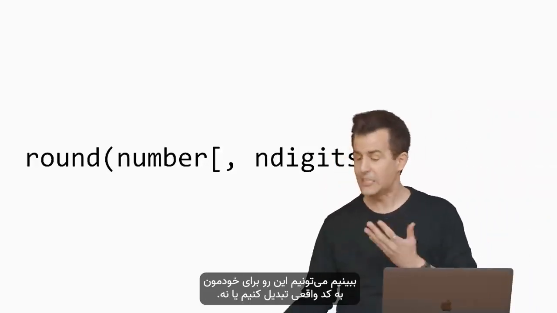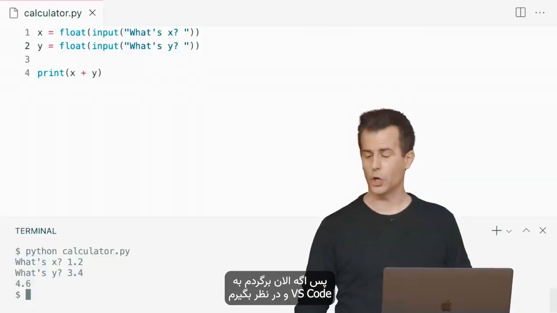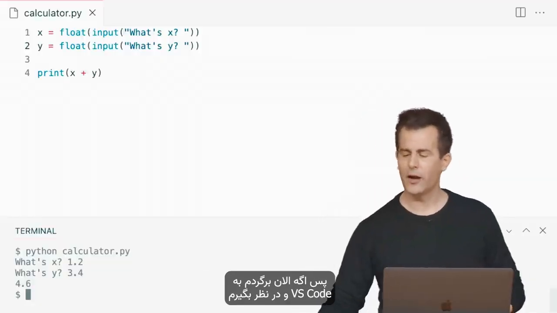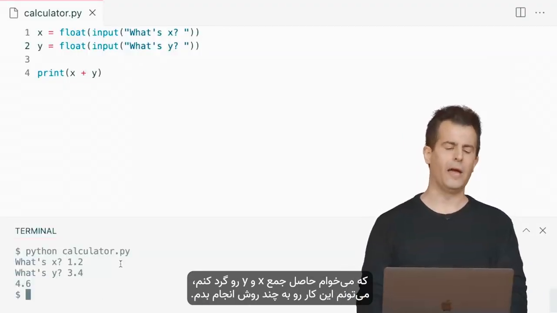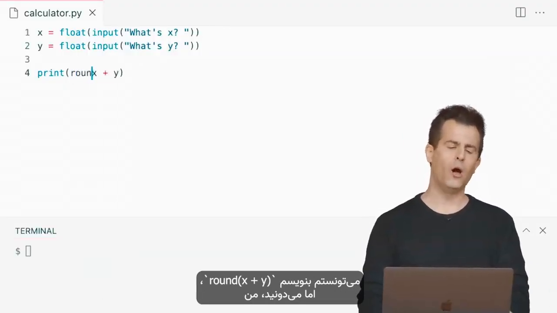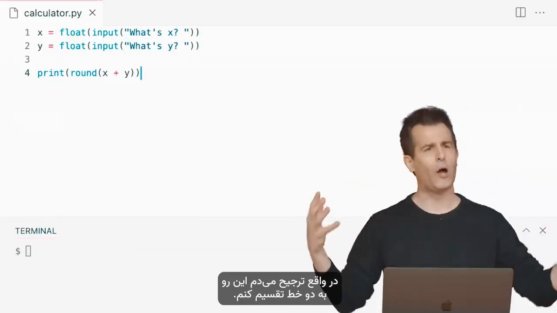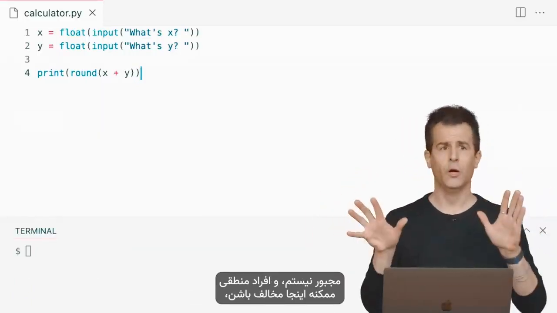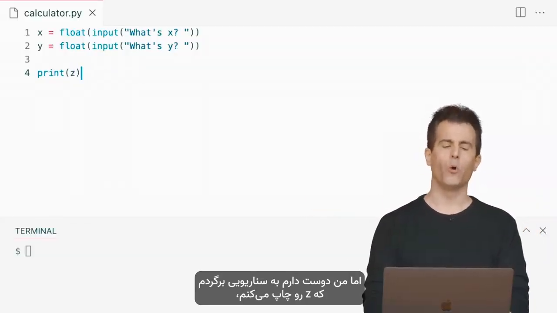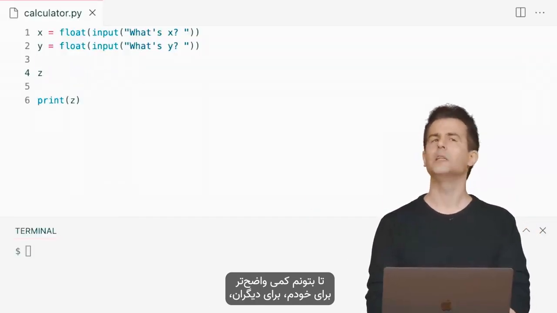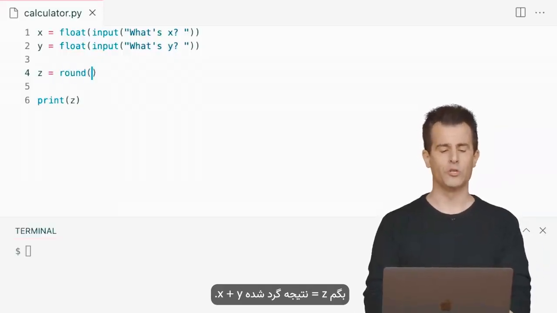Let's see if we can't then translate this to some actual code for us. So if I go back now to VS Code and I consider that I want to go ahead and round x and y, I can do this in a couple of ways. I could do round x plus y, but I'd actually kind of prefer to break this out into 2 lines. I don't have to, and reasonable people here might disagree, but I'd like to revert to a scenario where I'm printing z, so that I can a little more clearly say to myself and to others, z equals the rounded result